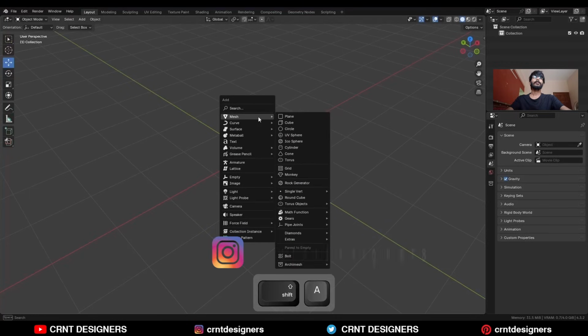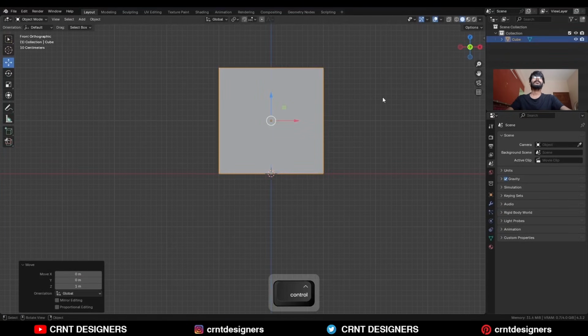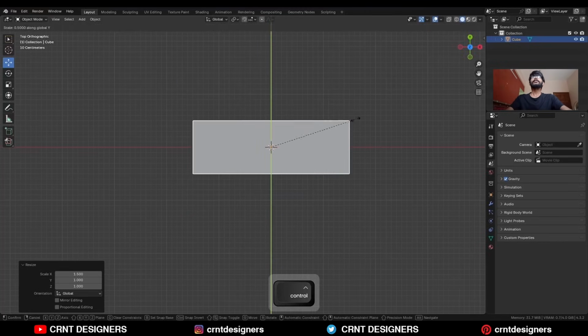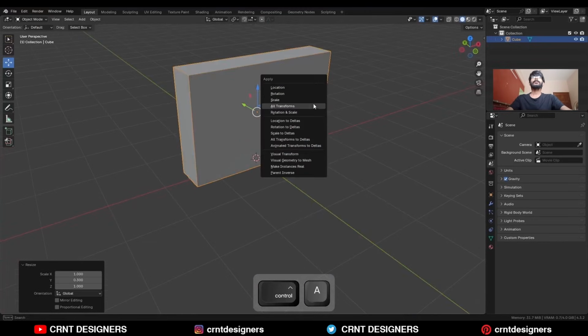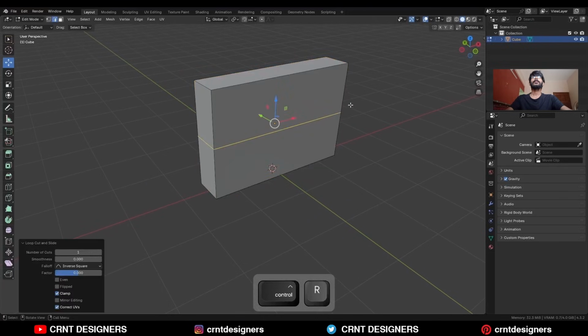To create this design, I'm going to add a cube. Move this cube along the z-axis, then scale it along the x-axis, then scale it along the y-axis, then apply the scale. Then go to the edit mode, add a center loop cut like this, add one loop cut here,